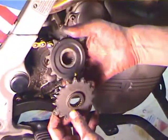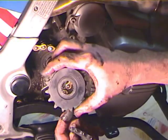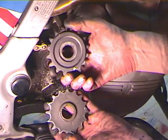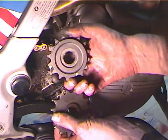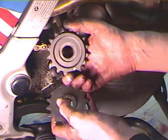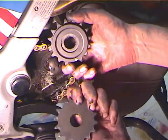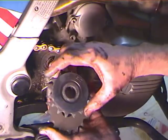This is a BMW sprocket, and I found actually the BMW sprocket, if you're going with the stock 16 teeth, I think it is. Is it 16? 17? 15? I don't remember. Yeah, 16. It's a 16 tooth sprocket. So if you go with the stock sprocket,